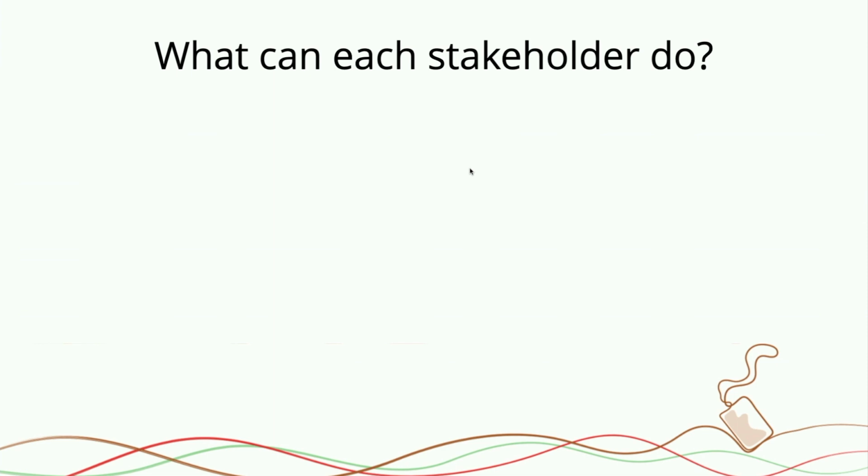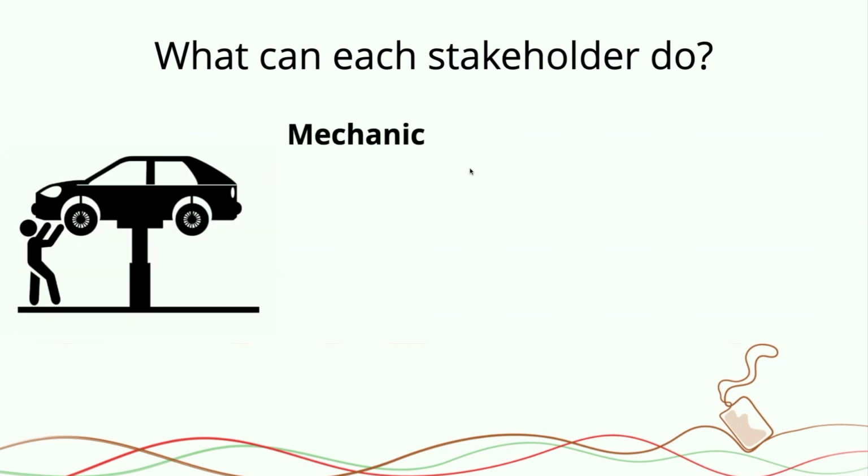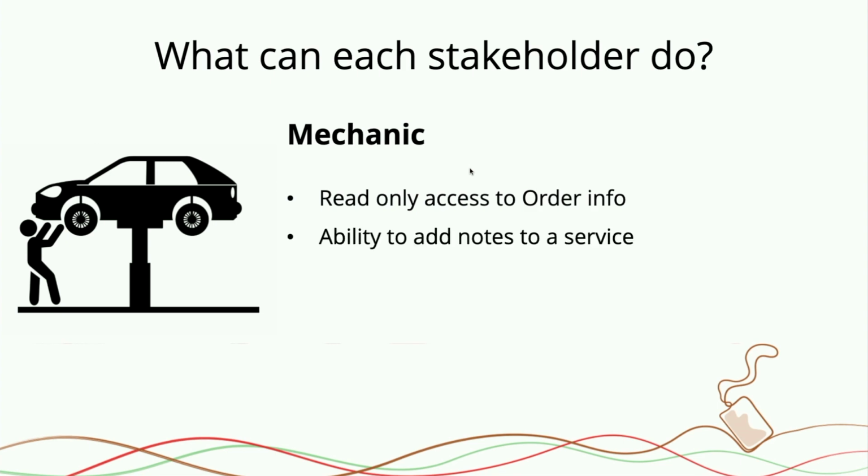And then comes the mechanics. They will not have much to do in there. Whatever jobs are being assigned to them, they just have to update the status of that specific job. In case there are any notes that need to be added, he should be able to do that. Plus, there should be other parts of the application where he has a read-only permission, like to view information about a customer. He has an emergency. He needs to call the car owner to verify before changing something within the car. So in that case, he should be able to see the customer's phone number or other contact information, the car details and stuff like that, but still no edit permission. So he has a very limited permission, mechanic.